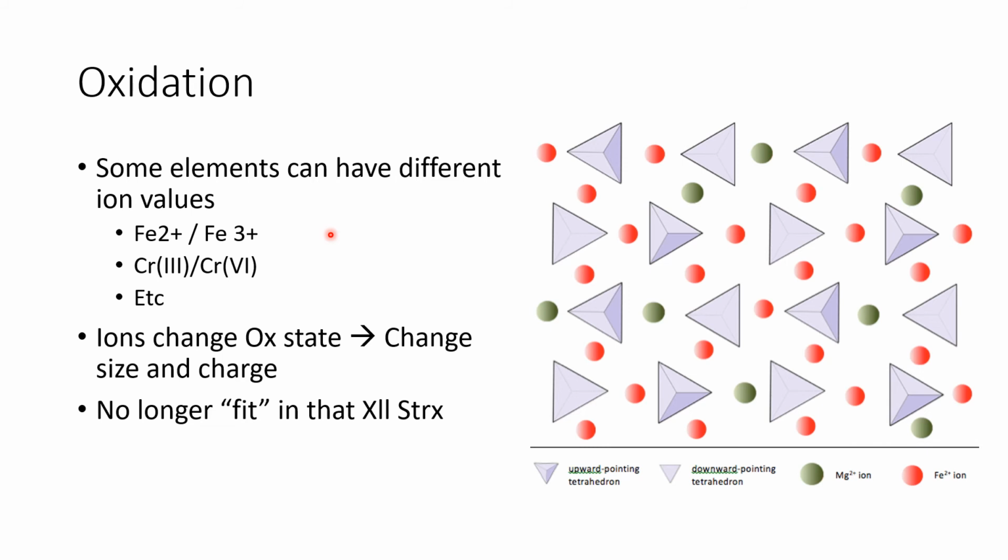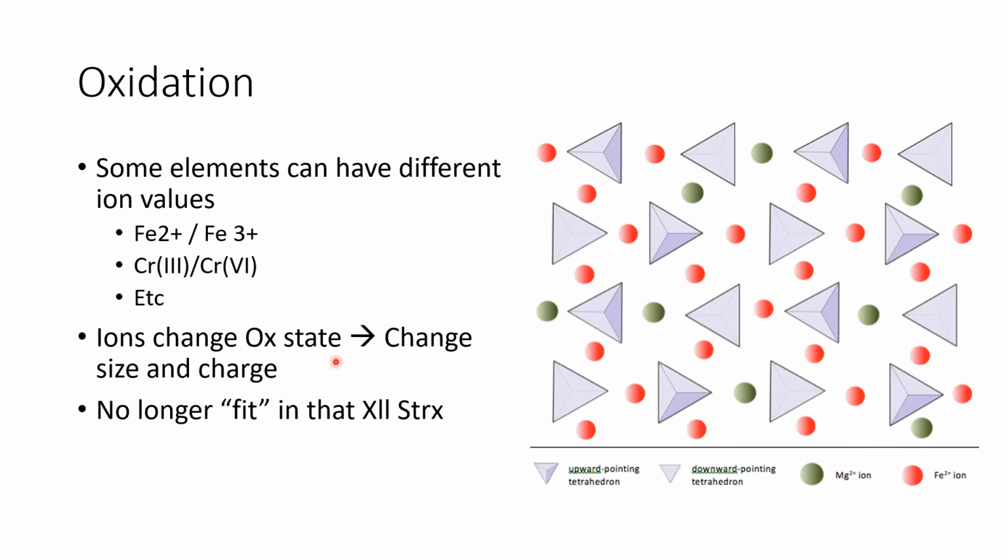And there's also zero valent. We won't talk about that very much, but that's what's happening when you have unrusted or uncorroded iron. You have zero valent iron. The same sort of thing can happen in chromium. If you look where it is on the periodic table, it's 2 away from iron, but it's still in that transition elements area. So anything down there in the middle part of the table where they stretch it out can have multiple different oxidation states.